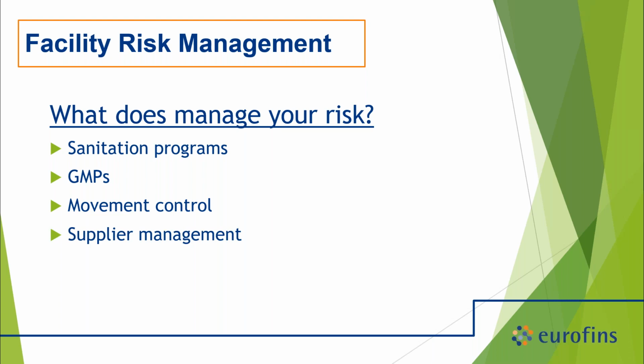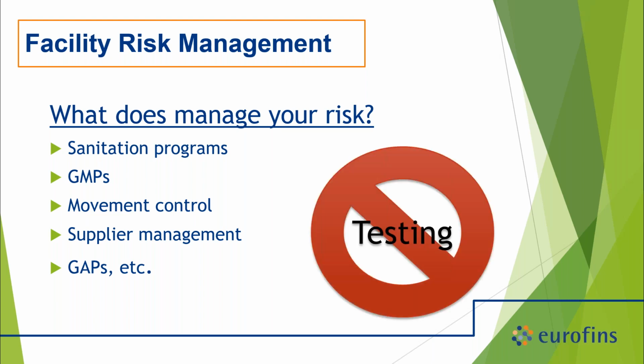Maybe you have a pretty rigorous supplier management program. Maybe you're doing risk assessments on ranches and doing assessments on suppliers to make sure that they're doing all these things prior to giving you their product. Good agricultural practices, of course. So we talked a lot about the variability of supply chains and issues that might happen from an agricultural perspective.